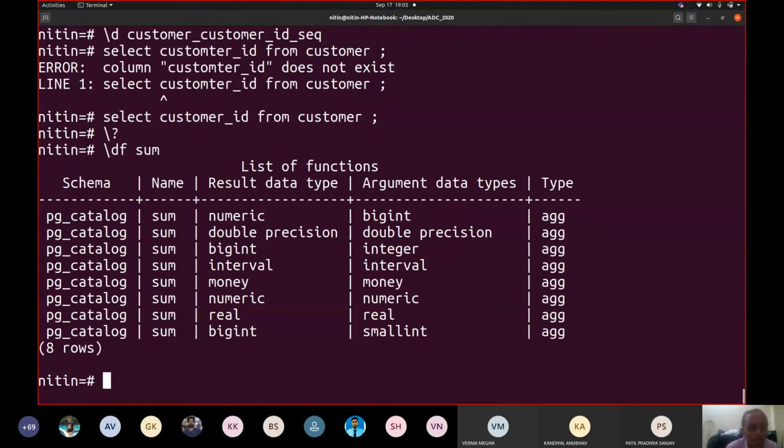These are the different definitions, and you will understand now why Postgres is called an object-oriented database system. What kind of property of object-oriented thing is this function holding? See the types of data arguments given: big int, double precision, integer, interval, money, numeric, real, small int.